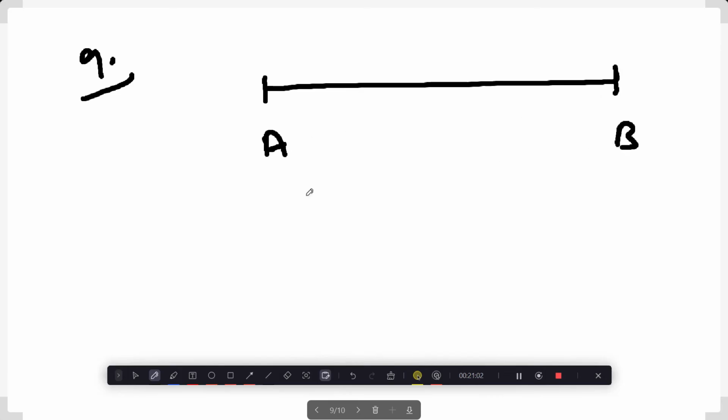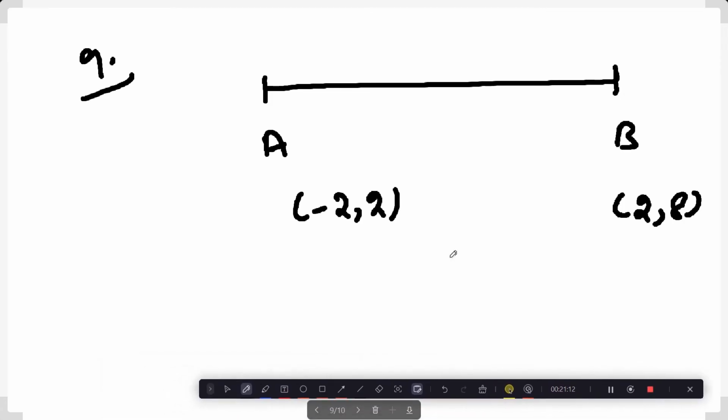Next question, 9th. Find the coordinates of the points which divide the line segment joining A and B. I'm not going to do this all, I'm just going to show you the concept. We have done trisection already. I'm not going to do this now. So you have to find such a point which divides it equally. What I just did apparently doesn't look like it divides it equally, so let me do a bit better, if I can.